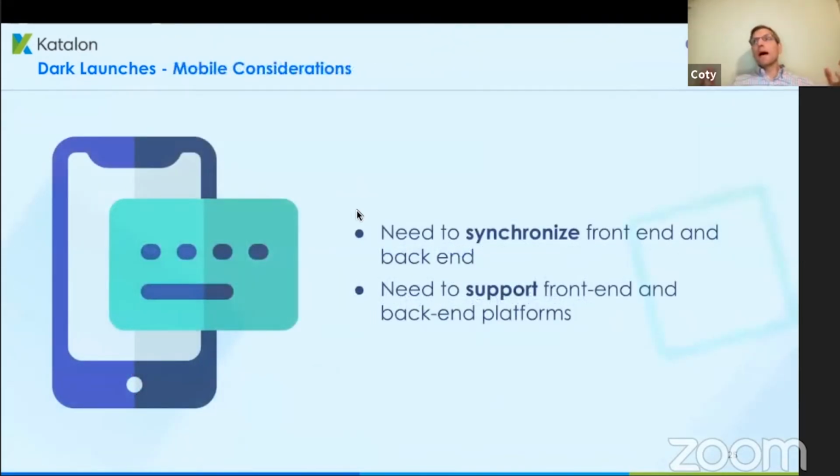Again, if you think about mobile versus just pure web deployment, there's some things that you want to keep in mind if you're using feature flagging. One of those is that you're going to need to synchronize your mobile front end and your back end. And you may do that implicitly because you have the same user context on the mobile and the back end, or you may need or want to do that explicitly. So maybe you let your mobile device pass feature flags back through to your back end to let it know what functionality it expects. And you're also going to need to support both your front end and your back end